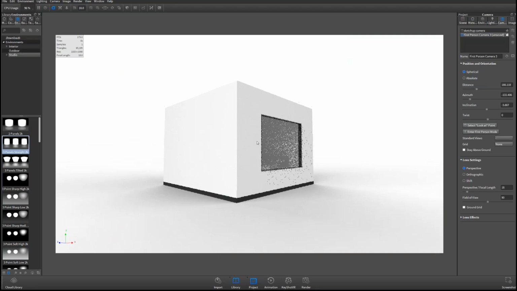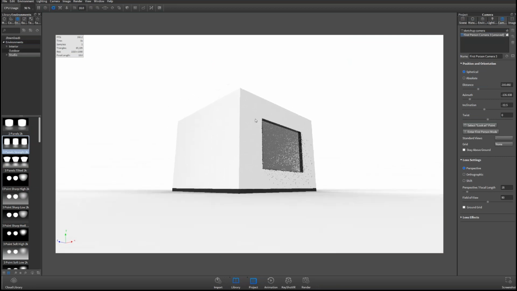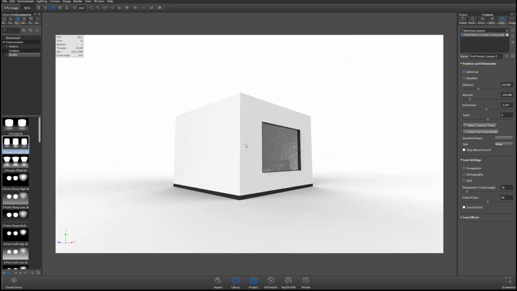But let's say this was a big tall building, right? Well, the way we look at our scene within KeyShot, we're following the rules of photography, or what we see in the natural world, which is working with vanishing points, right? And in this case, I have a lot of perspective. So you'll notice that I have my vertical lines converging up, right? So this is looking at the world with 3-point perspective.